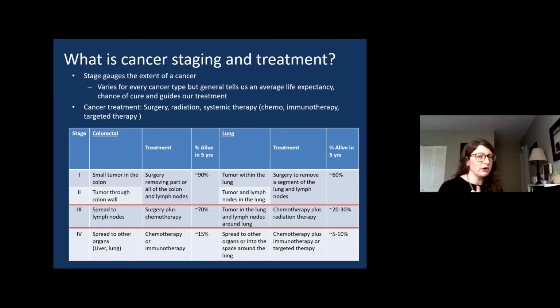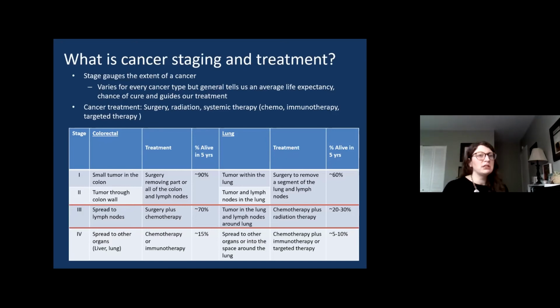And with lung cancer, as you probably noticed, we screen a lot more frequently. It's in general a more aggressive cancer. So when we catch it at an early stage, we can still cure it in about 60% of people, but in about 40% of people, the cancer will keep growing despite our best efforts with surgery.